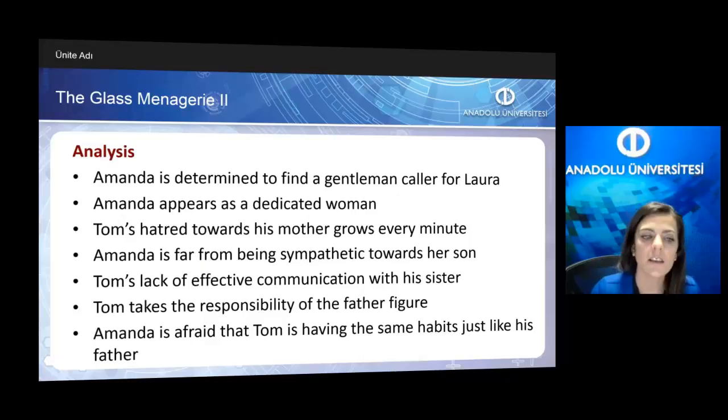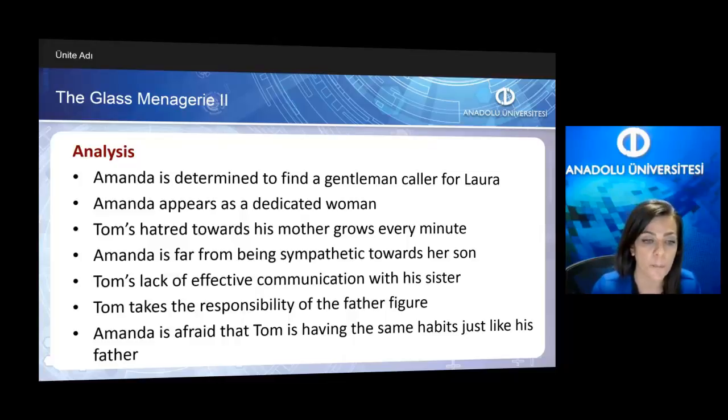In this scene, Amanda is a character who is determined to find a gentleman caller for Laura because she thinks that the only way of escape for Laura is finding a proper husband, because the father of the house left them. They don't have a good financial status. So in this scene, Amanda appears as a woman dedicated to finding a